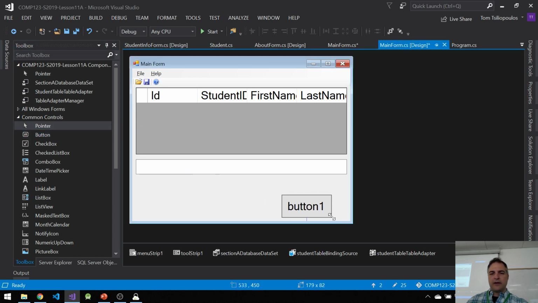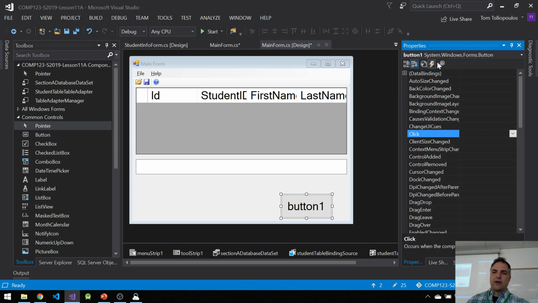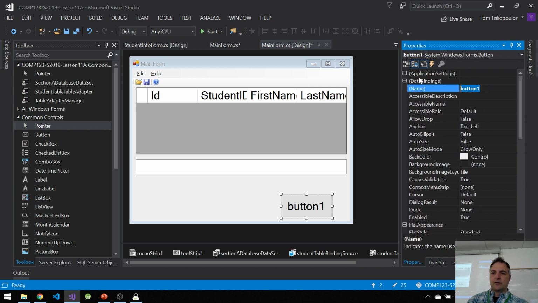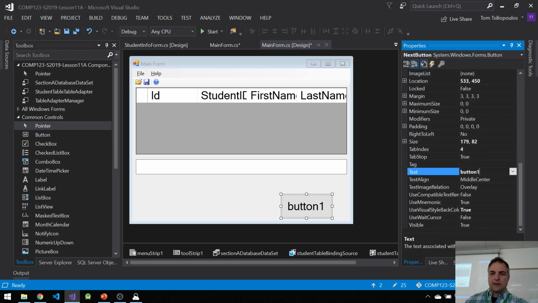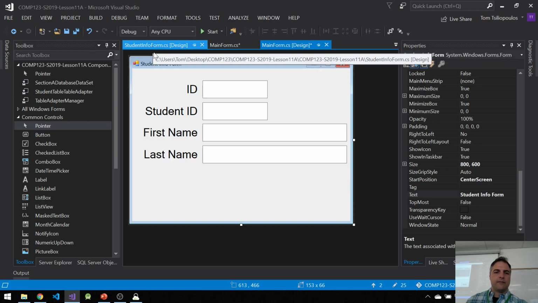I'm going to call this button the next button. So again, I'm going to go to my properties, and I want to call this the next button. We've done this before, right? So this will be the next button. And it'll say next in the text. And we'll just size it so it's appropriate. Something like that. And to the right. There we go. And I'll copy this button here and I'll go to my student form and I'll paste that